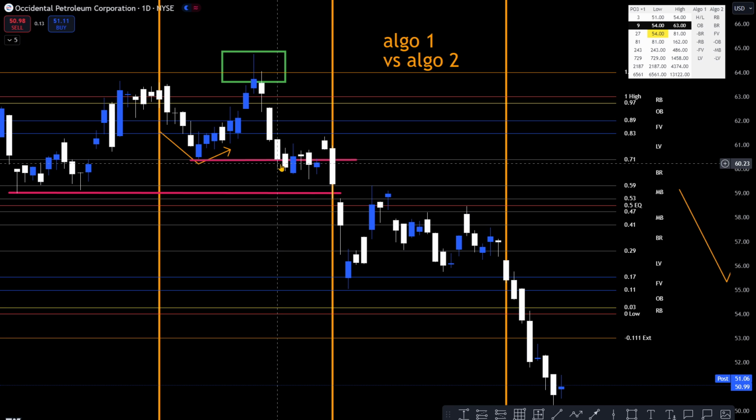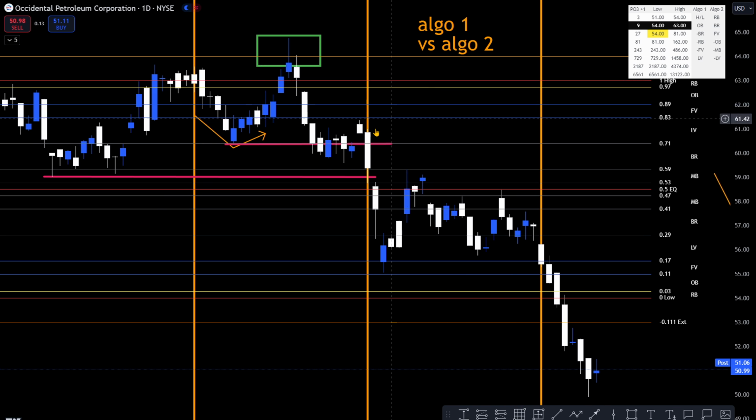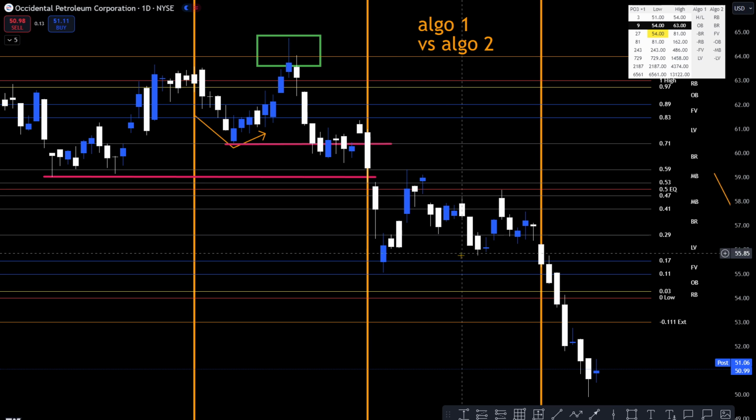People ask me, like, Jay, when you talk about Algo 1, is it because the dealing range itself is coded to do that beforehand? Like, how do we find what Algo is running? And again, in hindsight, it's a lot easier to